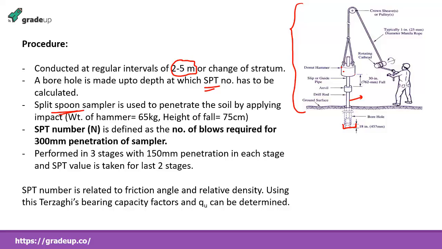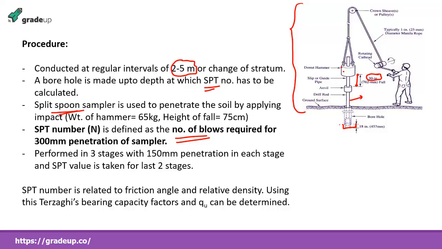Its weight is 65 kg and the height from which it is dropped is around 75 centimeter, or 30 inch you may say. This is the height from which the hammer is dropped using this pulley structure, and impact is applied, and you will find that there is penetration in the sampler, in the soil. And what do you mean by standard penetration number? It is defined as the number of blows required for 300 millimeter penetration of